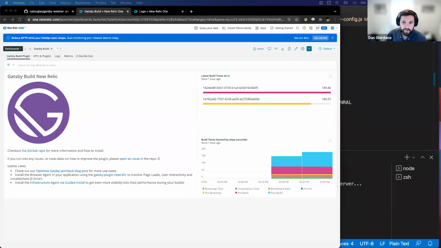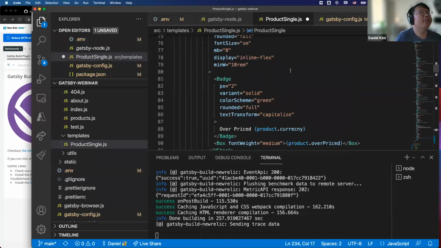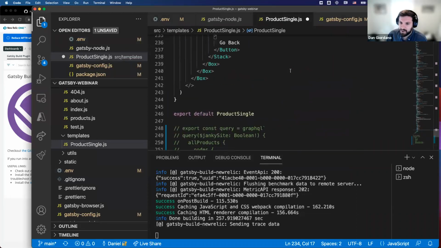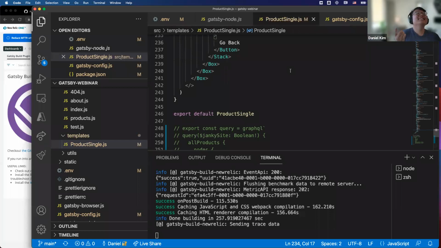Daniel, someone asked if you forgot to save your last command. Oh, I forgot to save the last command. Oh, that's really embarrassing. There you go. When I was doing the demo yesterday with the Gatsby folks, I literally forgot to save my package JSON, so it wasn't working. I couldn't figure out why. I need to enable autosave.